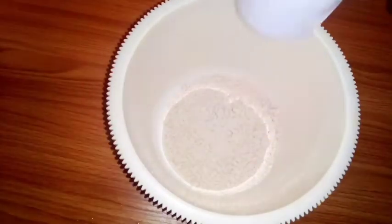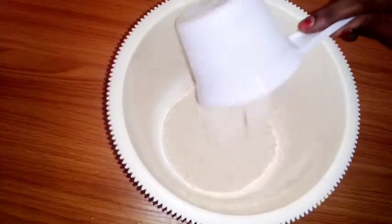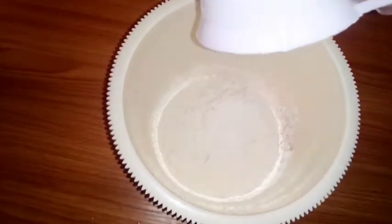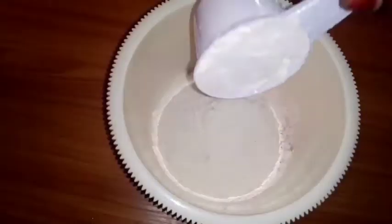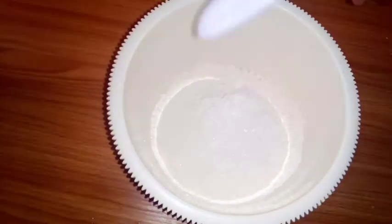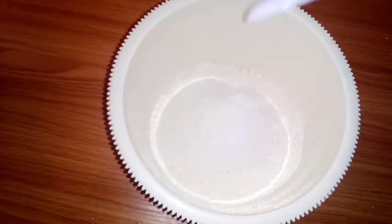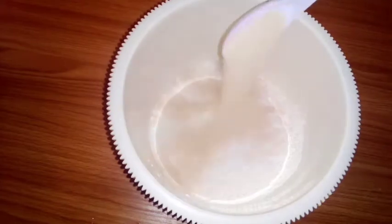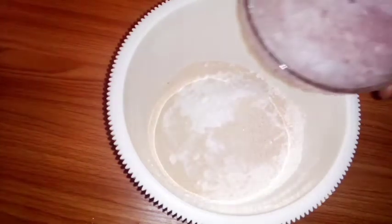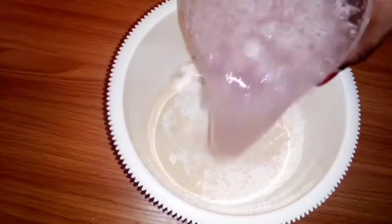First, I've taken 2 cups of wheat flour, 1.5 cups of all-purpose flour, 2 tablespoons of sugar, 1 teaspoon of salt, 2 tablespoons of yeast, blended onion,